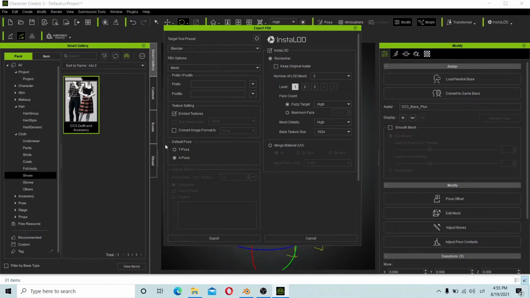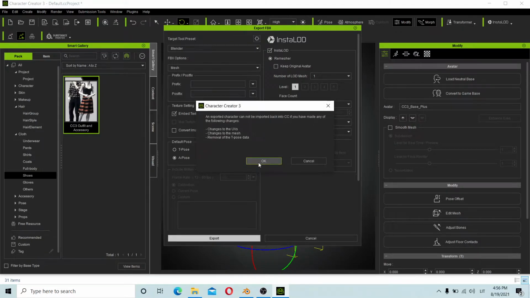Also choose Blender here, a pose, yes, only mesh because we don't need a pose. The number of meshes we can try 1, it doesn't matter, and here we can choose 2000, I think that is enough for us, and press export. Okay,